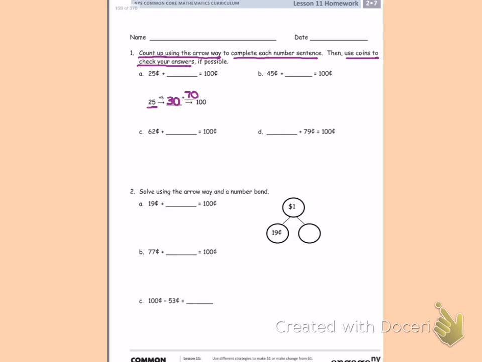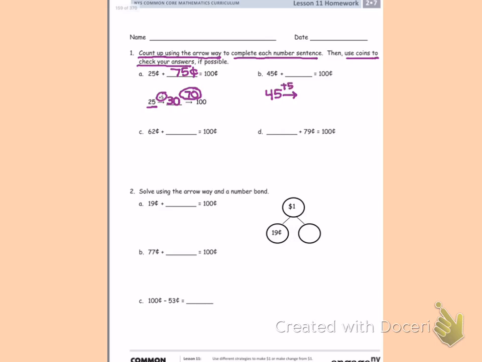Now, all I have to do is take this 70 and add it to that 5. 70 plus 5 is 75 cents. And that's the answer. Now let's do item B. It says 45 cents plus blank equals 100 cents. We'll do just as we did in item A. We'll start with 45. We'll count up to the next 10